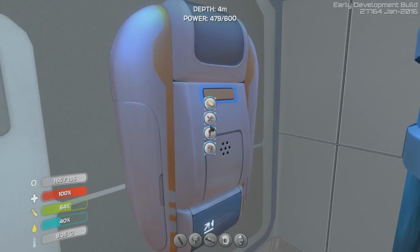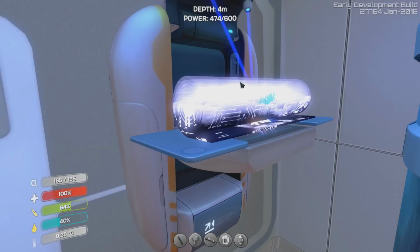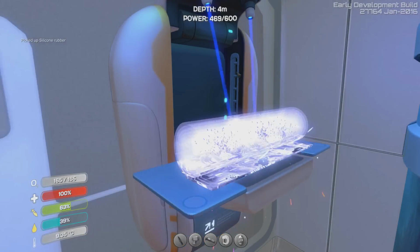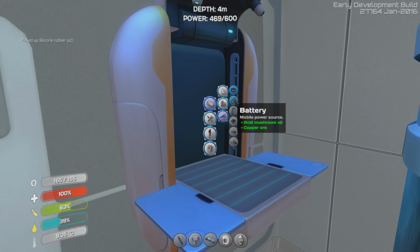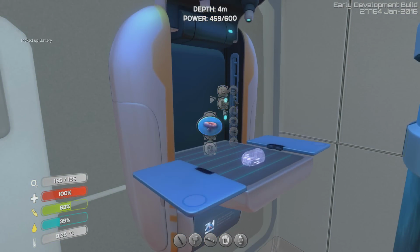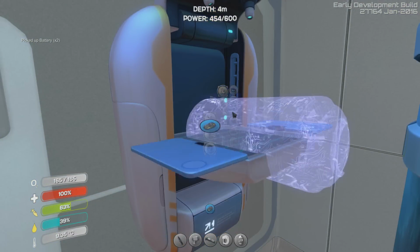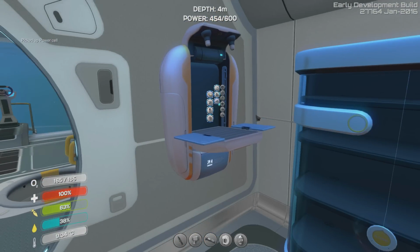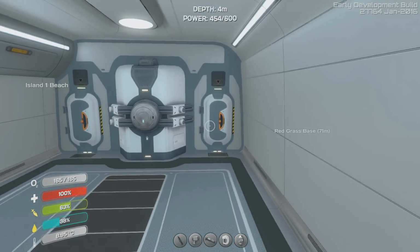Now this is going to use some of the power, but I think it'll be worth it. Silicon rubber. Silicon rubber. Go to electronics, we make battery. Nice, we're down to 4.5 cells of power at the moment, and now we can make a power cell, which seemed to consume no power at all. And I'll just go straight back and we'll stick that